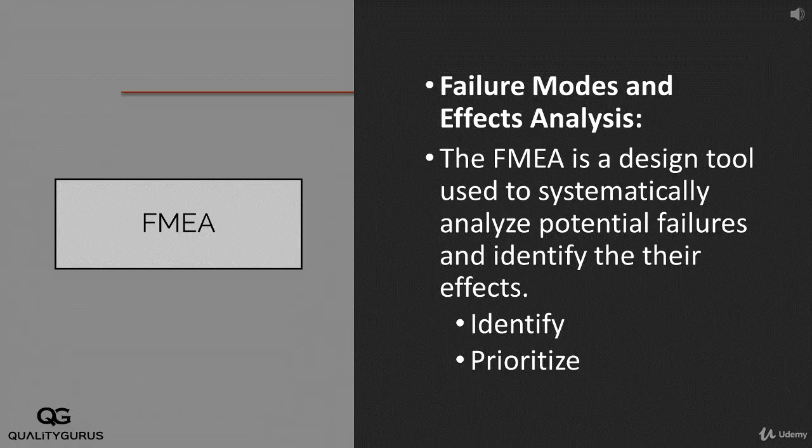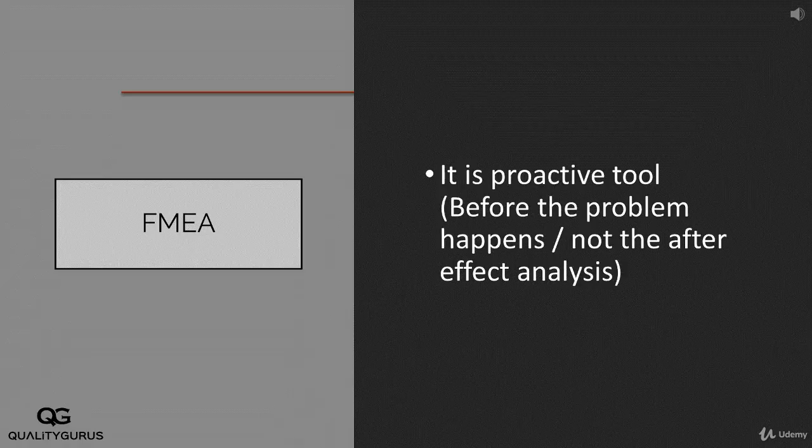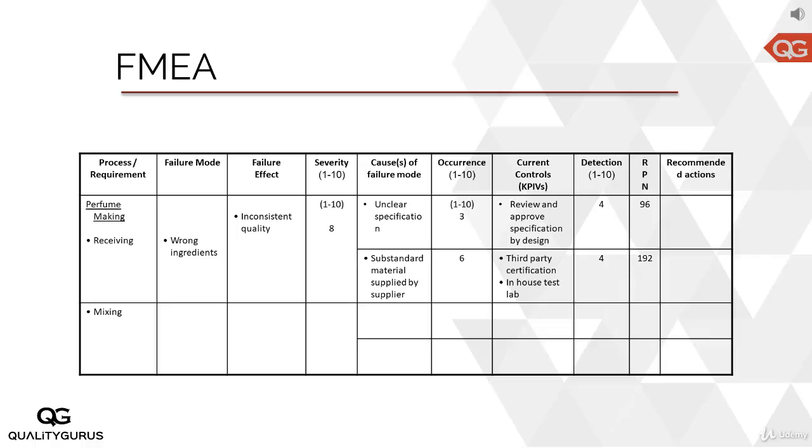So you have a process. Now you can identify all the problems and then prioritize them and take action on those priority items only, and then maybe you can take action on less priority items later on. So as I said earlier, this is a proactive tool and it is used before the problems happen, not after the problems happen. So here I have an example of the FMEA tool being used. We are not going into details of creating this tool, but I just want to give you a high level